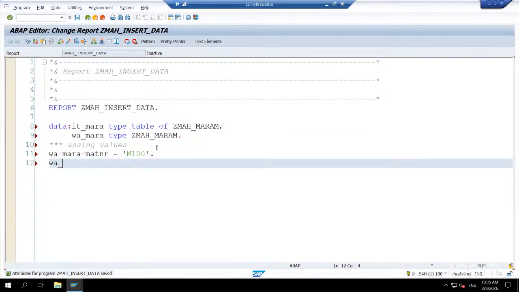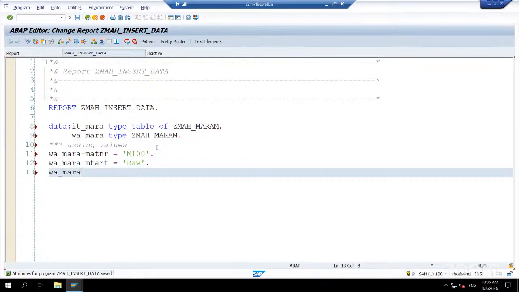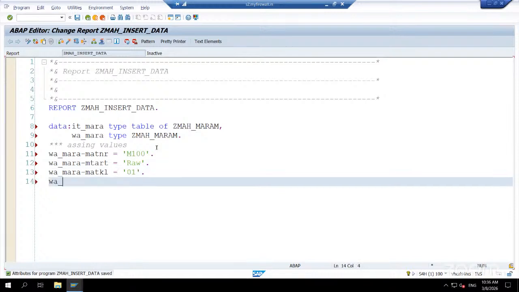So query_MARA-MTART equal to raw material, for example. So query_MARA-MATKL 01. So query_MARA-MEINS is